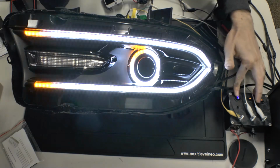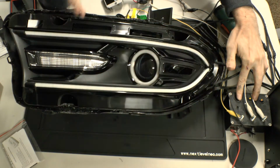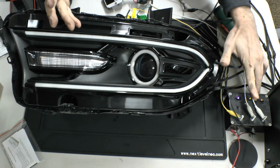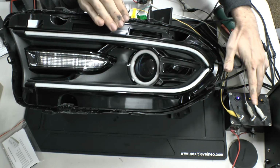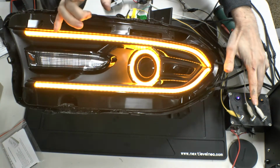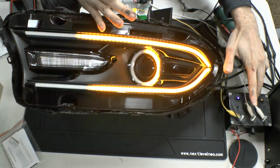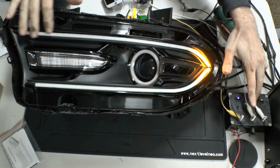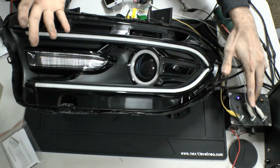And here is your turn signal animation. Now you notice the biggest difference between our DIY DRL controller, very simple, easy to install, but you don't have control over things like the halo. So it flows around the halo instead of the way that the Ghost allows it to flow. So that is one downside, but all in all, because these are straight strips, it does look pretty good on